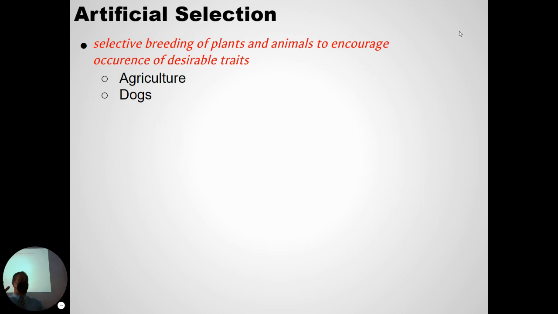They started off as species that humans found that had some edible parts. And then over time, humans chose which individuals they would breed together or pollinate with each other to change the